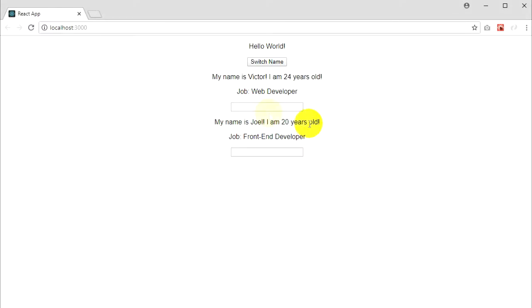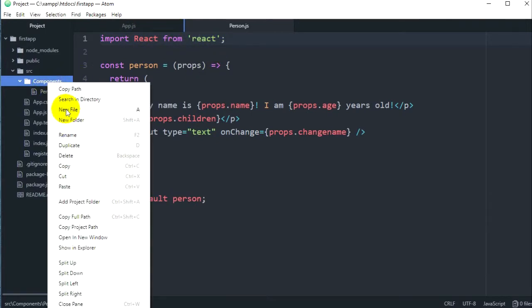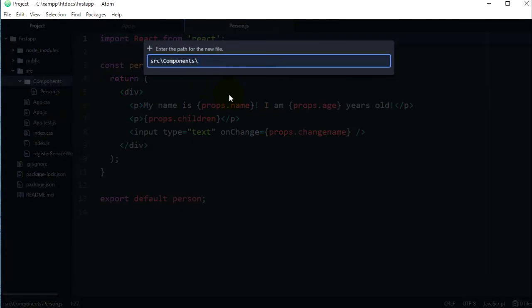Alright guys, let's add some styling, some CSS to our component. So this is our person component, and we want to add some border here, maybe some padding, and we want to center it. So let's go ahead and create another file in our components folder. New file here, and we will name it